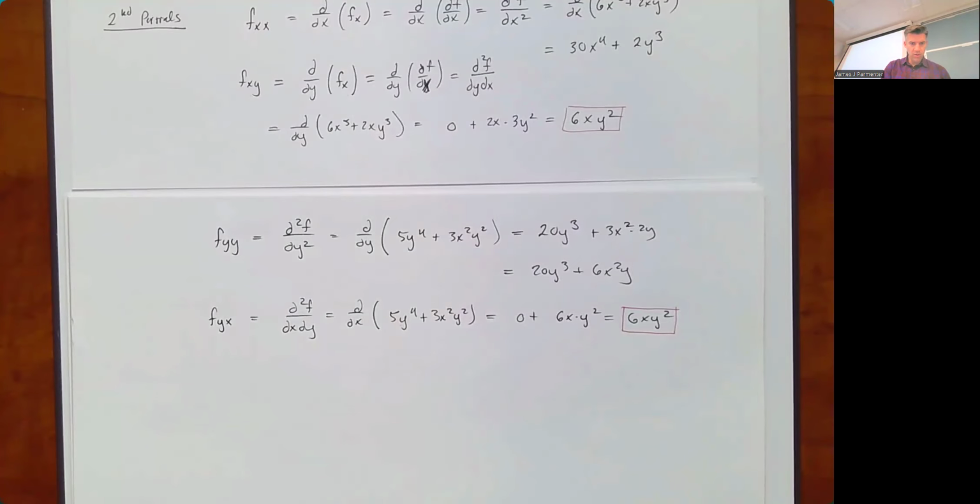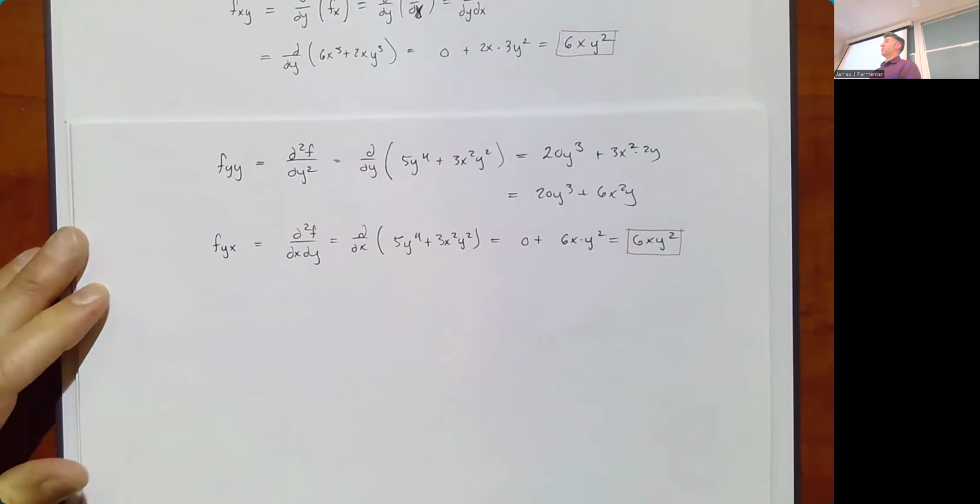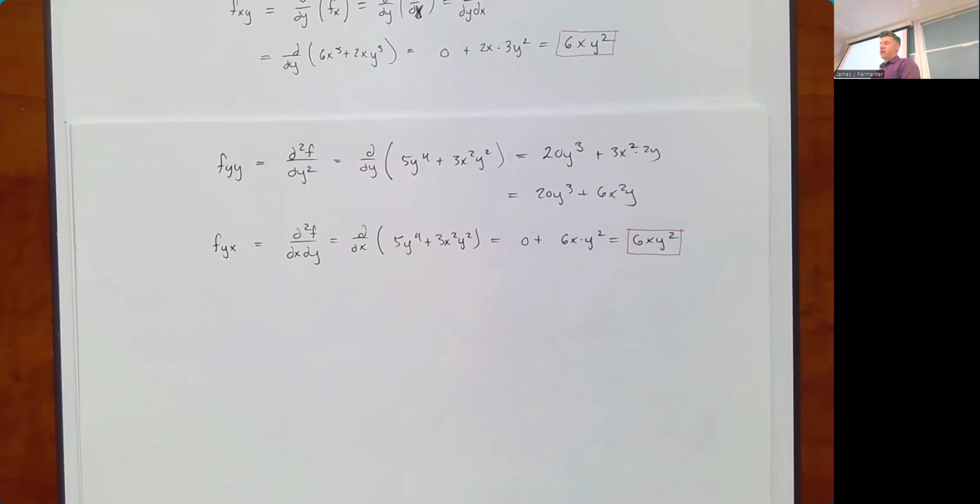So typically, yeah. What's happening here is this is something called Clairaut's theorem. Basically, the real truth is that in this class, they're always going to be the same. We're not going to encounter functions that are weird enough where the mixed partials are different depending on which way you do it. But generally, we say that